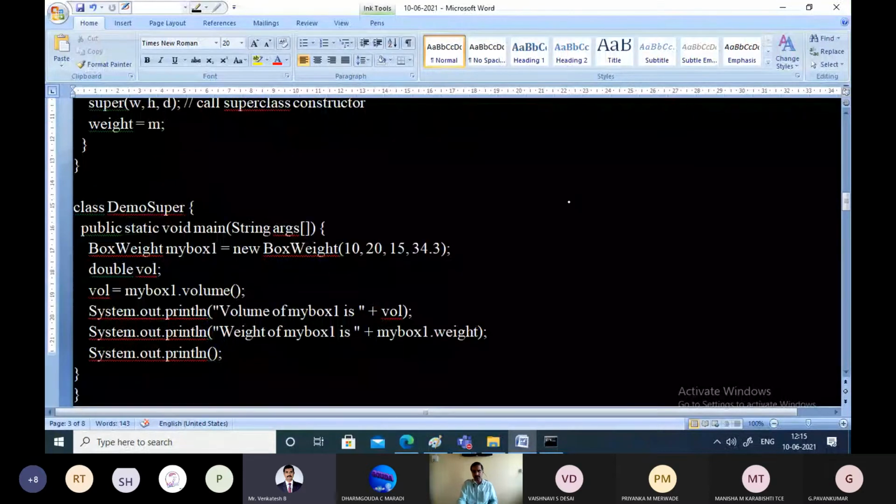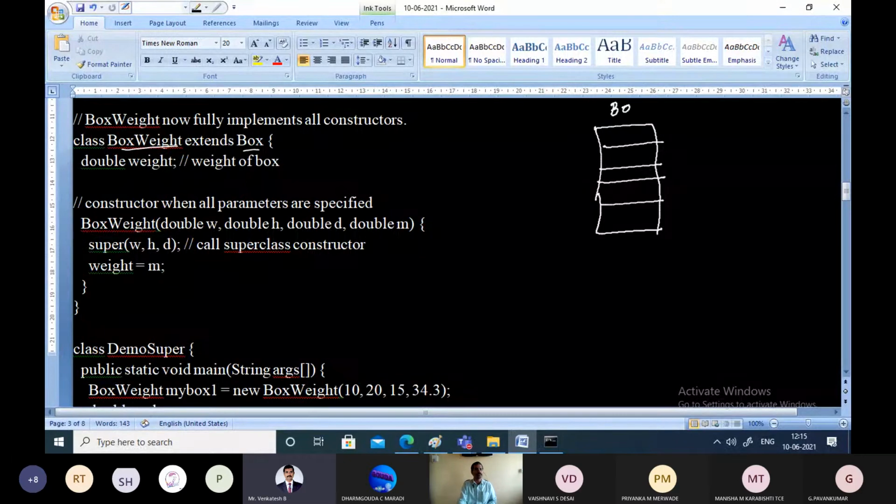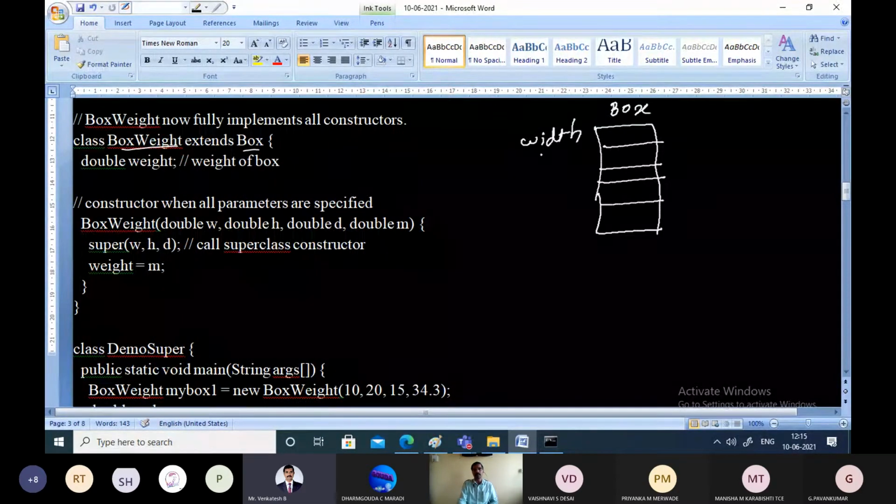That means what happens here is we have the box superclass. For our understanding purpose, I'll explain it. This is the box class or box object. So what are the data members of this? Width, height, and depth are the data members.